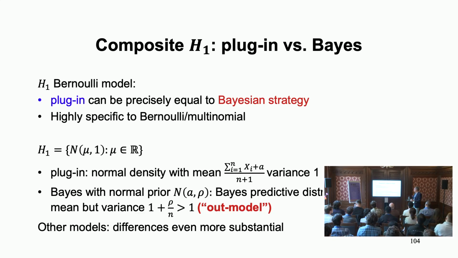If you would do that, or even if you would add something to smoothen it a little bit, just like in the Laplace rule of succession, you get again basically the MLE of the past, and here you add something to smoothen it a little bit. If you would take the Bayesian e-variable, where you take a Bayes marginal likelihood in the numerator, and decompose it as a product of e-variables, then the individual things in that product will be normal densities, but they will have a larger variance than the variance you started with. So here it's not exactly the same, but it's still very similar.